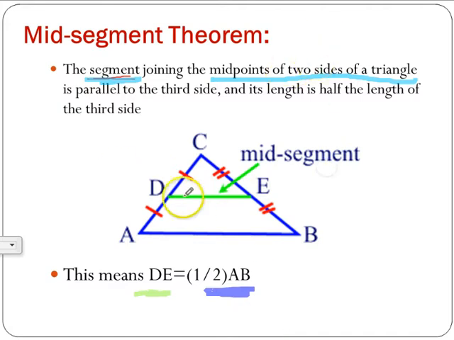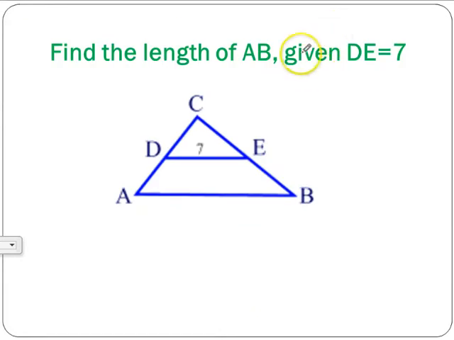So remember, this shorter leg will be 1/2 of the bottom leg of your triangle. The mid-segment will be half of that hypotenuse of your triangle. So let's put that idea to use. Find the length of AB. So AB would be